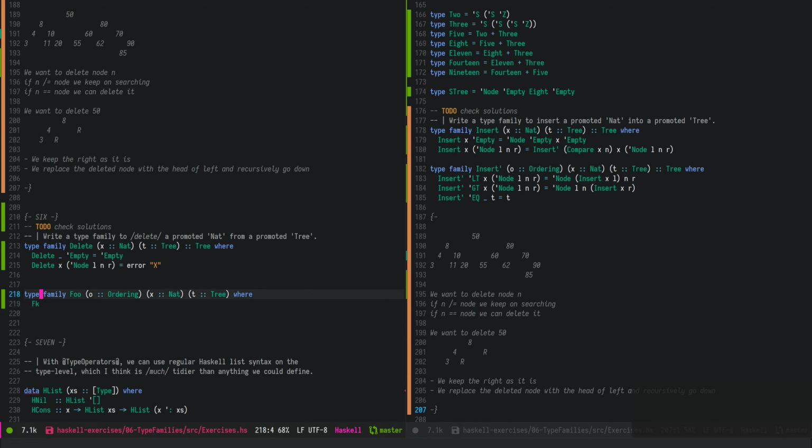It makes sense. It's the same name we used before. So we can do a delete, compare x and x, node L and R. So if you're deleting and it's less,